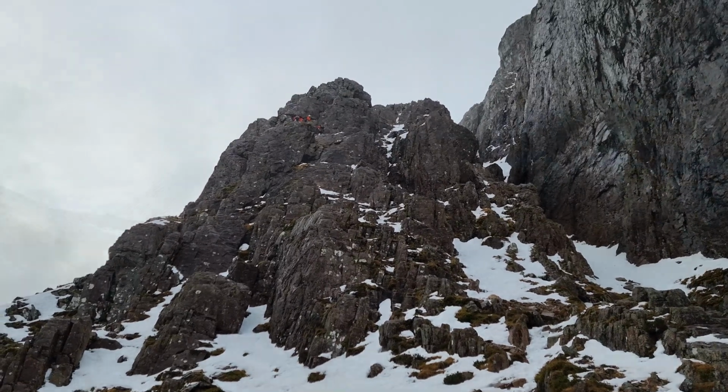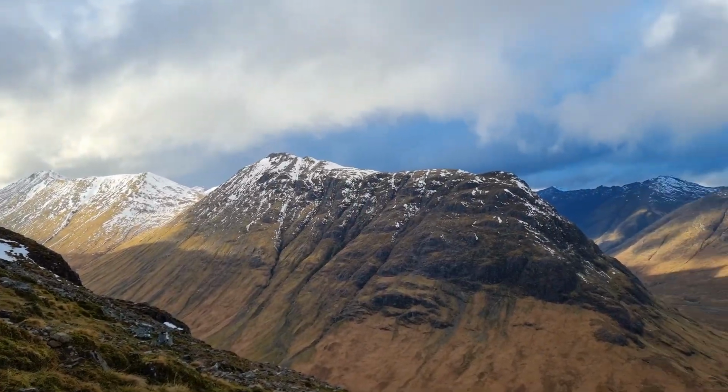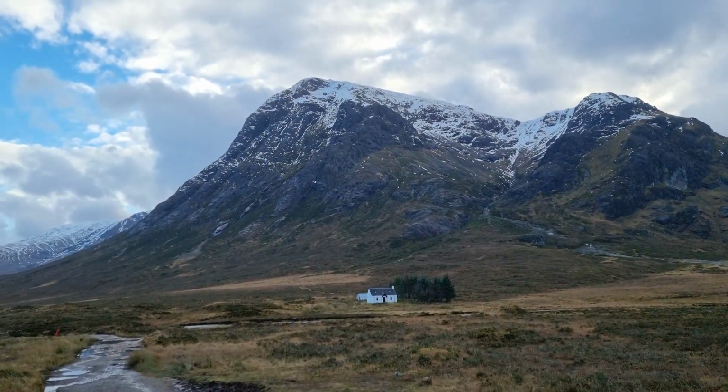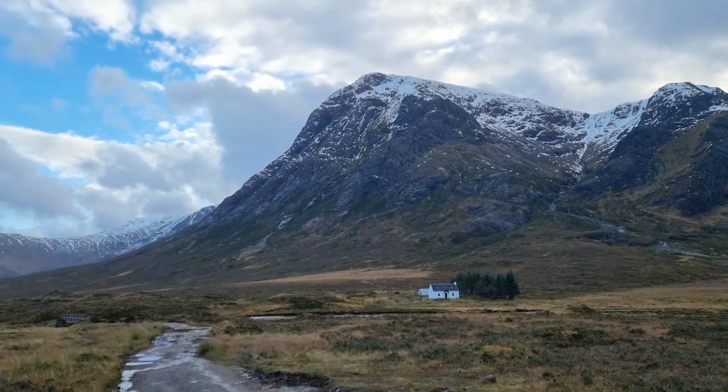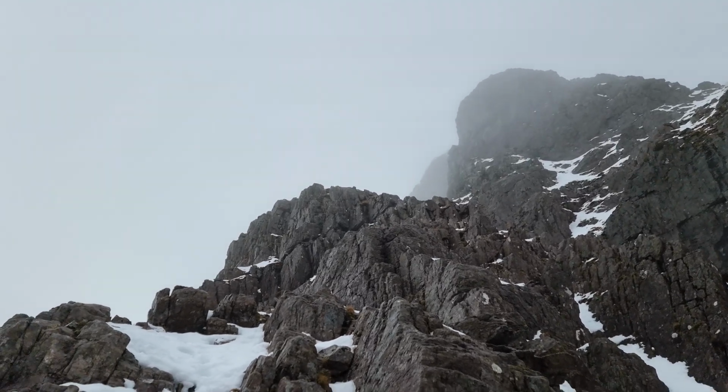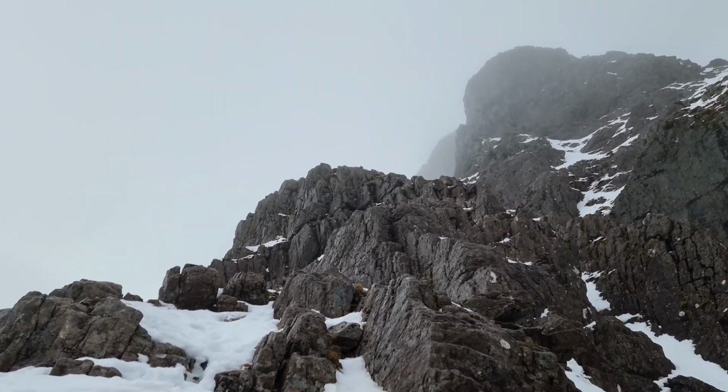Buachaille Etive Mòr is one of the most iconic and easily recognised mountains in Scotland. It stands alone at the entrance of Glencoe, a giant pyramid of a mountain with a face full of cliffs and gullies. To date, Curved Ridge is my favourite way to climb a mountain, and it's a route that I've